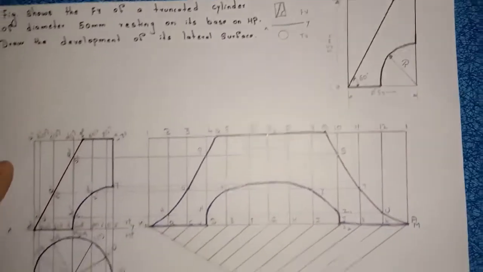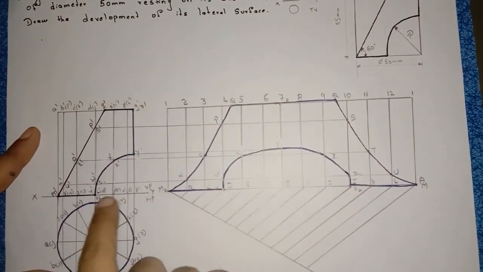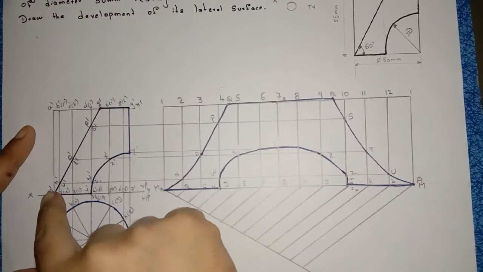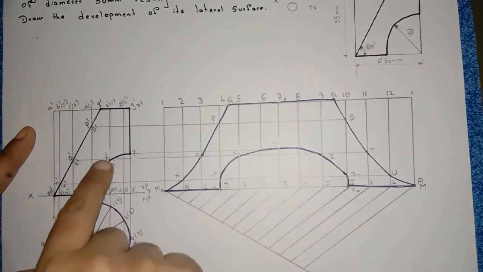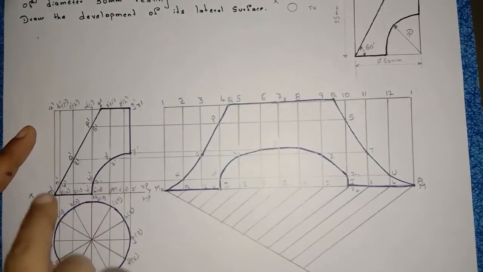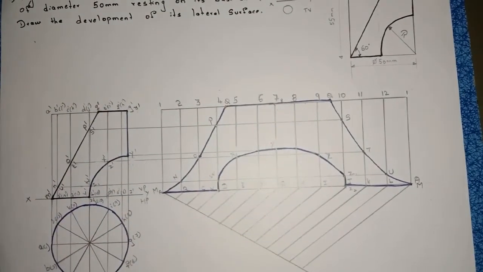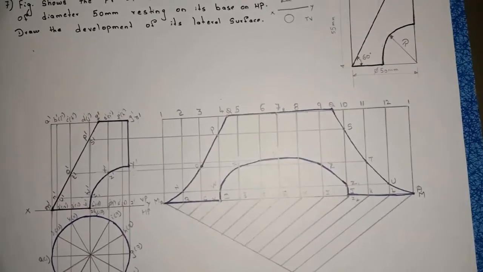This is your development. Right? You have to mark the points in a straight manner. M, N, O, P, Q, R, S, T, U, V, W, X, Y, Z, Z1, Z2. So just draw the projectional lines. In between what are the points located, we have to write down here.